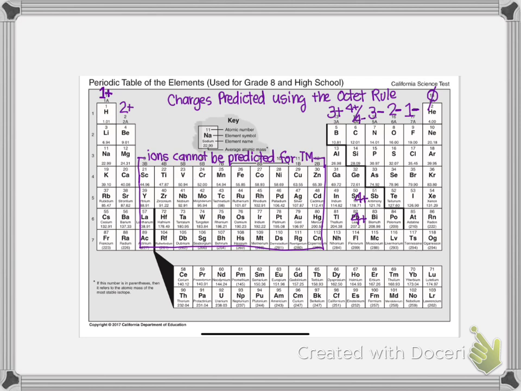And to do that, you need to learn, memorize, reason the charges that we predict for each group, so that when you're given an element, you can use the periodic table to predict the ion that element would form. So on the next slide,